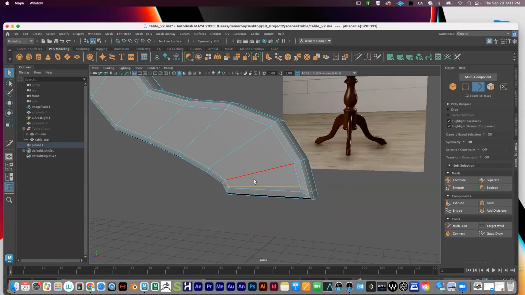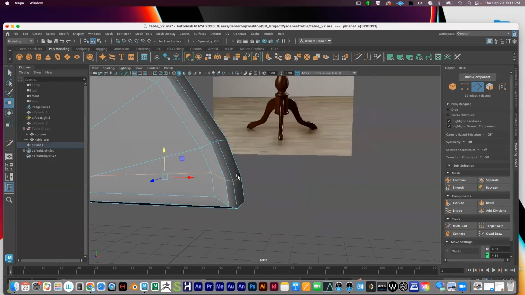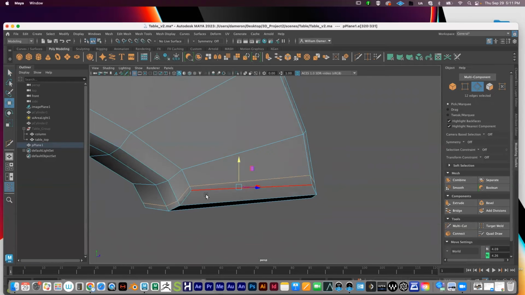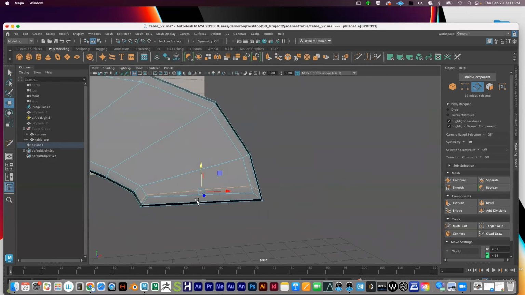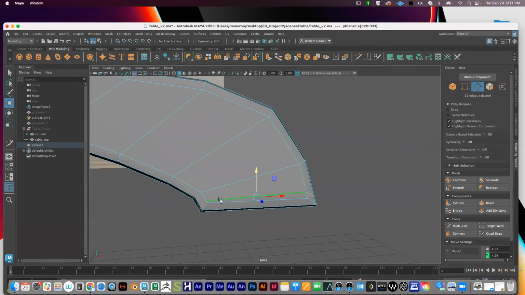and I want it to be further out this way. If I try to move it physically, it's going to change the shape of my model in a way that's going to be really hard to deal with. And so a tool that can be really helpful to slide an edge around your model a little